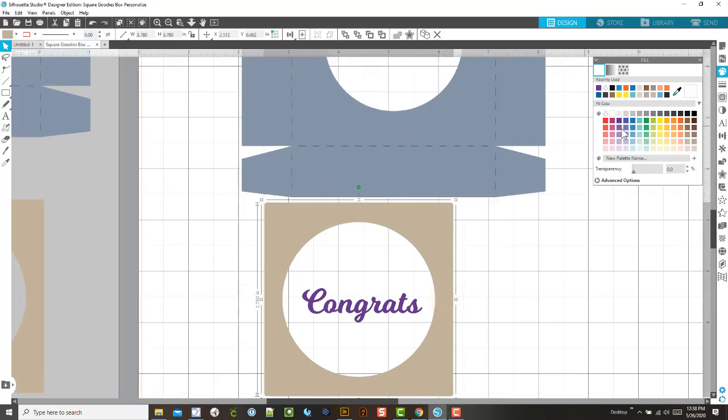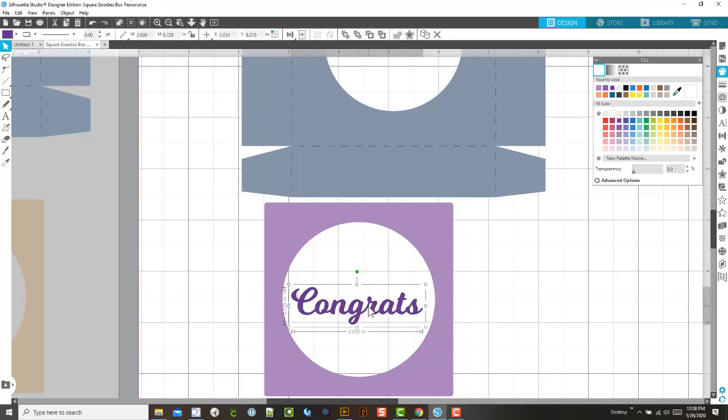And we'll just make this the same, a slightly different purple. Let's make it like a lavender. So this could be, I always intend that to be kind of a pattern paper. So what we're going to do, I'm going to make it a little bit bigger because I want to put an offset, and we can resize it after I get the offset. So when I click, I'm going to click on this, and up here I can hit that